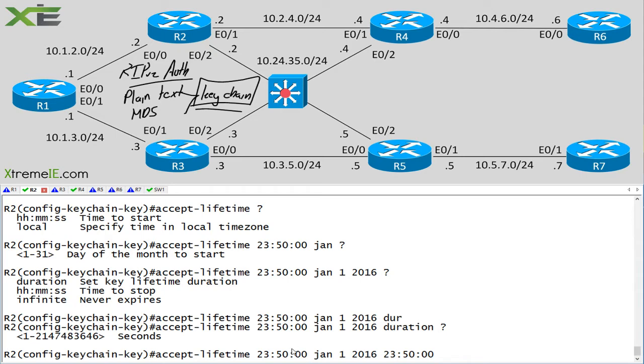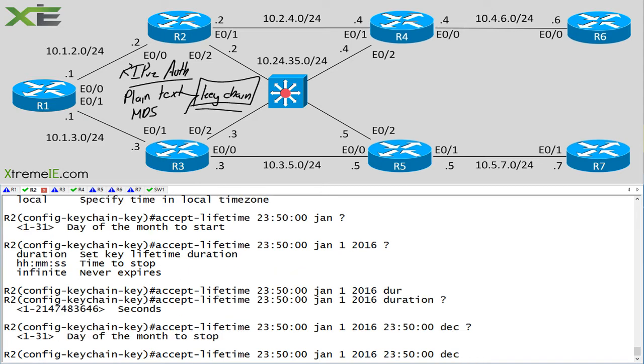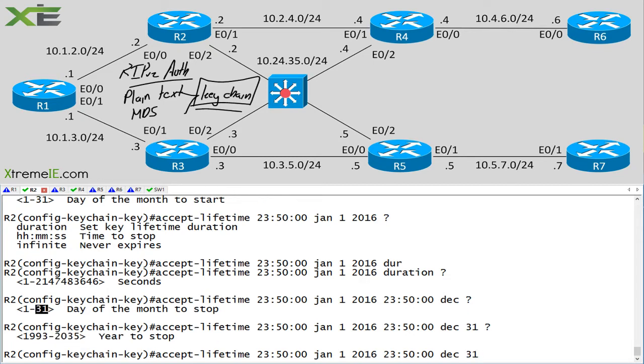Maybe we want to do this on a 6-month basis, so maybe we would do this in July. Maybe it's a yearly basis, so let's go with that. Let's go with a year. So we'll say December, and the iOS is nice. It tells you how many days there are if you forget, and it lets you know how far you can go. So you can see when we hit 2035, we'll have to upgrade our iOS code. So we'll say 2016, and